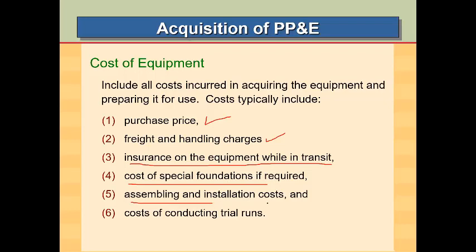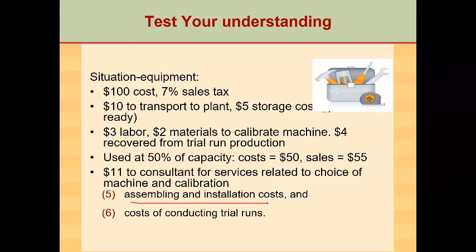cost. Assembling and installation, meaning the equipment will come in parts and you are going to assemble it here. But it will cost me money to get someone to assemble it here. This will be considered part of the cost of the equipment. Cost of conducting trial runs, whenever you are installing the machine or the equipment, you are going to run it, to try it, to test it. These trial runs, these test runs will be considered as part of the equipment. Here he is considering your opinion regarding which of these items will be considered as part of the cost